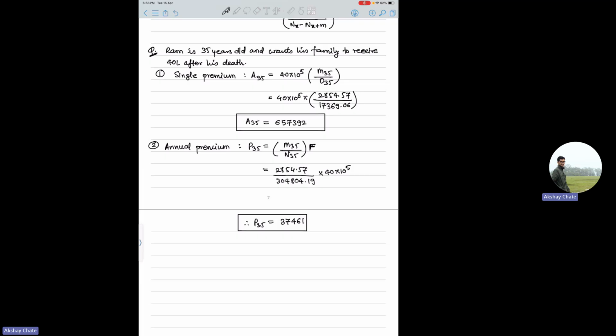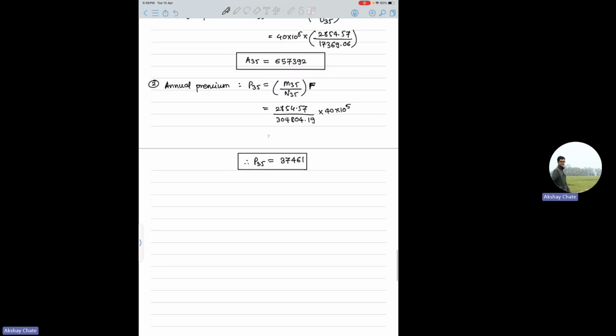But sometimes let's say he is not able to pay this much annually also. So let's say he wants to pay monthly instead of annually. So what can he do? In that case some arrangement can be done. What they do is they will charge you some percentage in order to do this. For example, instead of 37,461 annually, they will give you an option. So instead of paying this annually,